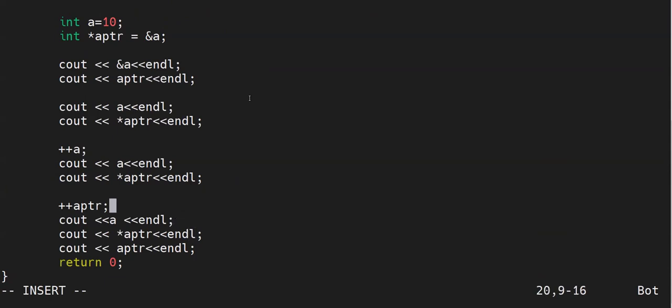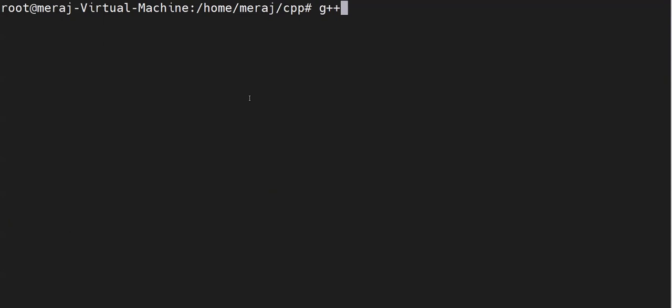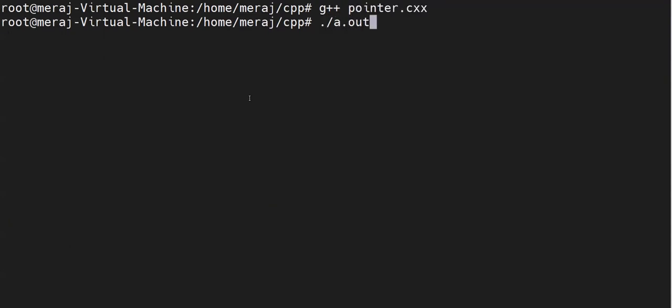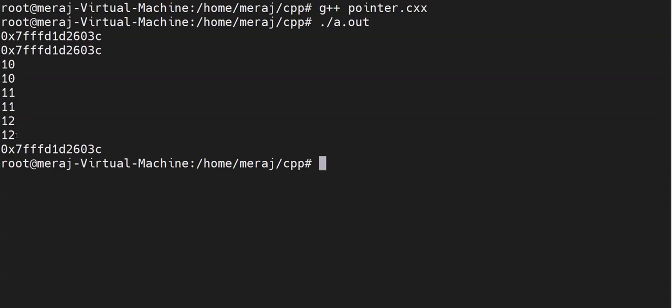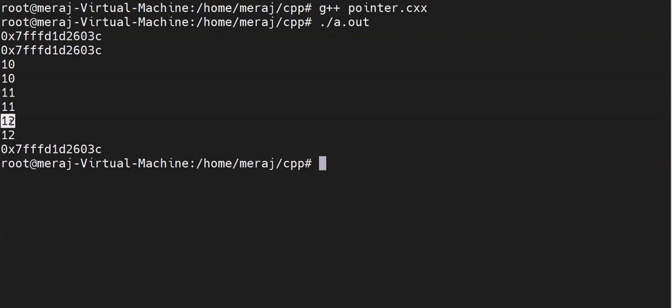Now how do we fix this? First we dereference the value and then increment. Yeah, now we got the values as expected. We got 12 printed.